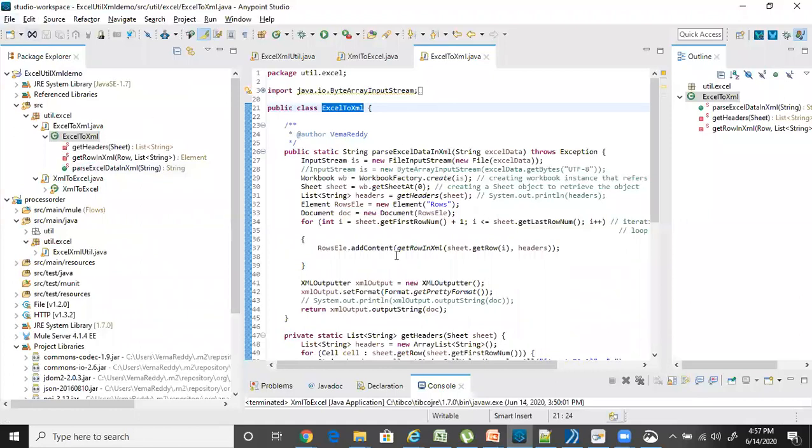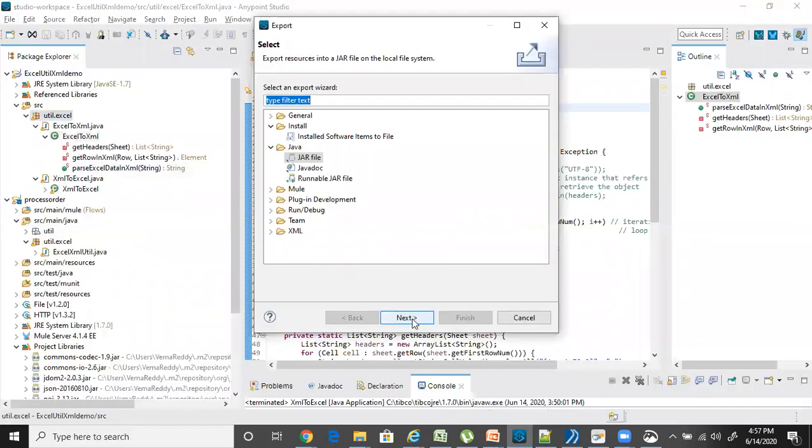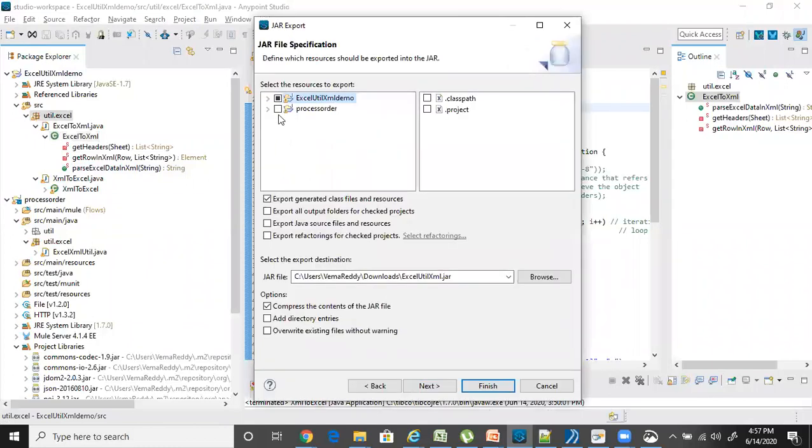It basically is a design time tool for MuleSoft. So this is my project. If you want to extract a jar file, you click on export. You can just click on select jar. Next, select the jar source files, and make sure you select the generated class files and resources. You don't want the Java one. Then click on next, finish. Then the jar file will be generated at this location.